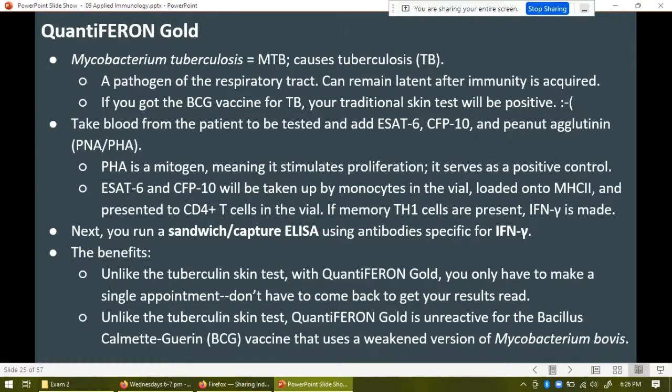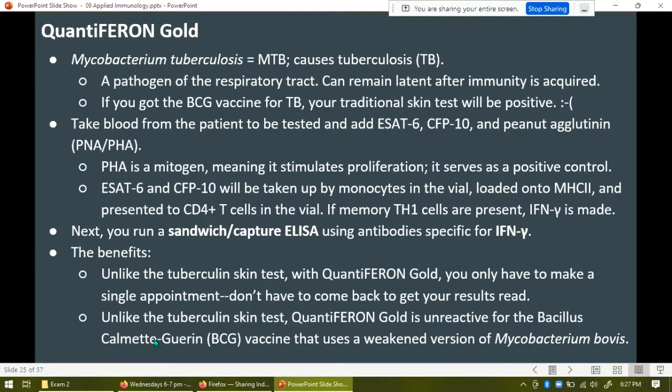So that indicates that you had an inflammatory response against the tuberculin protein. That means you've been exposed to tuberculosis. So you need your chest x-ray done to see if you have active TB, or to rule out active TB and decide that you have latent TB if you don't have a positive x-ray. So that's how the tuberculin skin test normally works. One of the issues is that you have to come back and actually get your skin read by like a nurse. The second benefit of QuantiFERON-Gold, besides just allowing you to only make one appointment, is